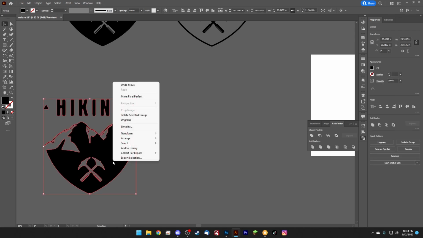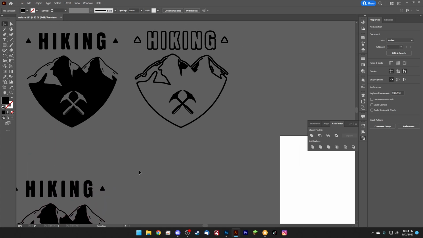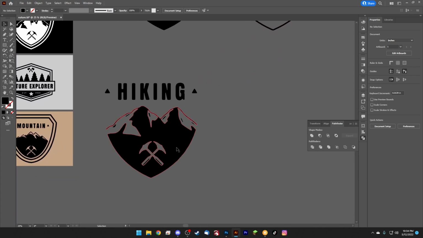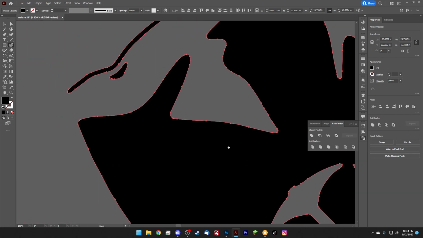So with the mountain range, let's ungroup this so we can edit these separately. A big part of what's causing our problem here are these weird runoff lines that we're getting in the mountains, right? We don't like these. They don't look very good. What we want to do is select our mountains up here, and seal these off. If we right click the paintbrush tool and we grab the blob brush tool, we'll be able to come in and actually add to this